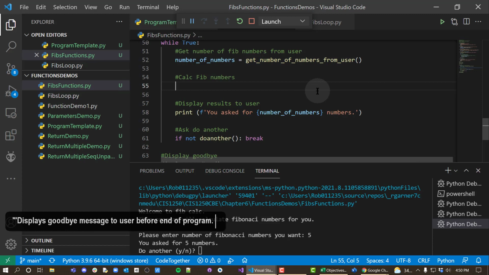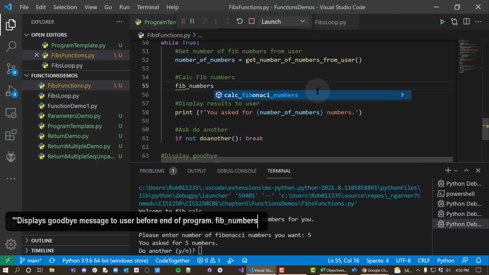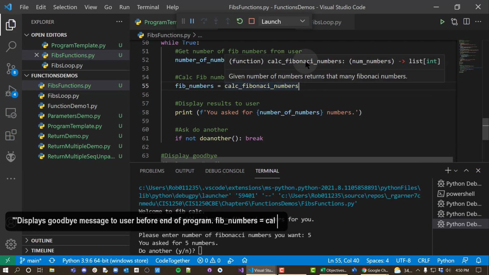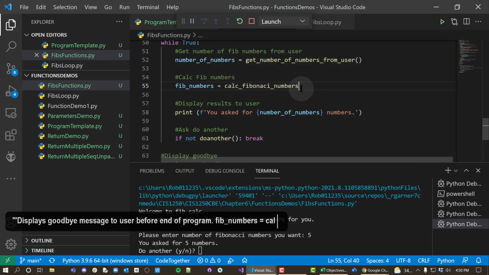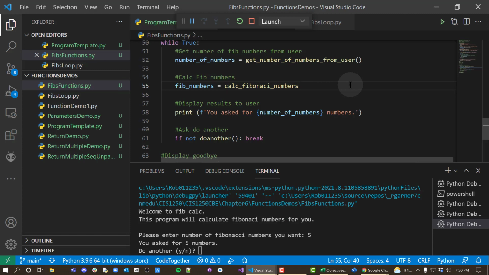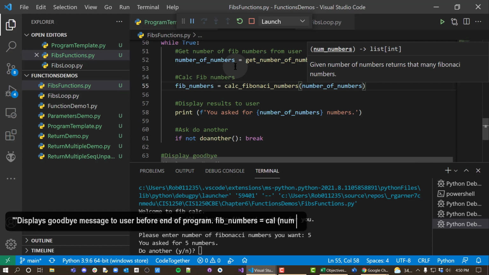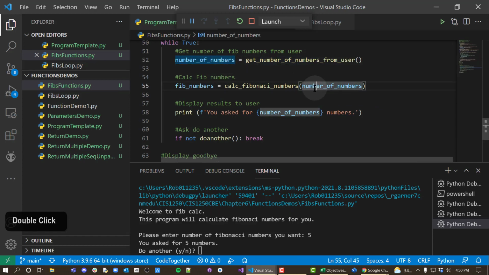So now, we will need a variable to collect the result from this calculate, and then we're going to call that function, and we can see calculate Fibonacci numbers. It needs a variable for the given number of numbers. So we're going to bring in number of numbers. So we're going to pass in this variable that we got, and this will calculate the fib numbers. And then we'll say